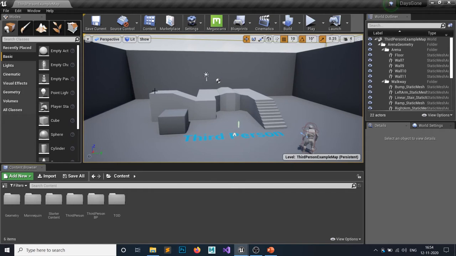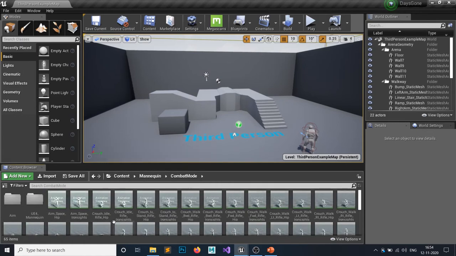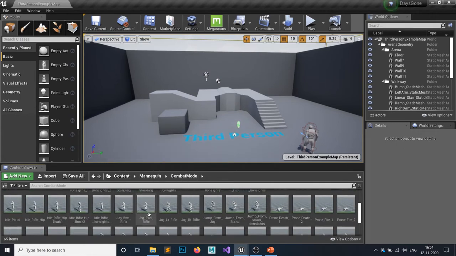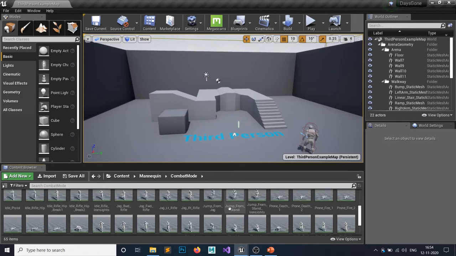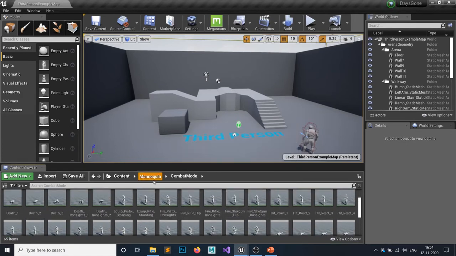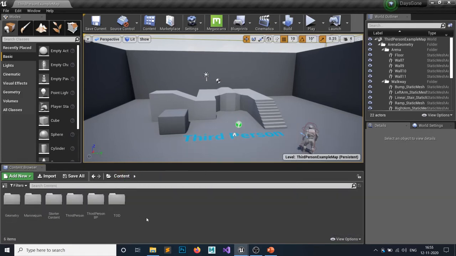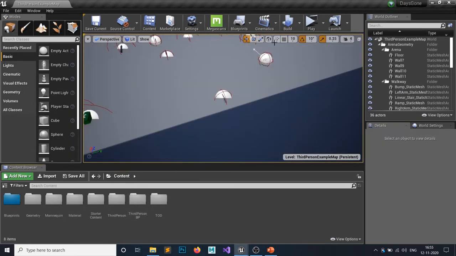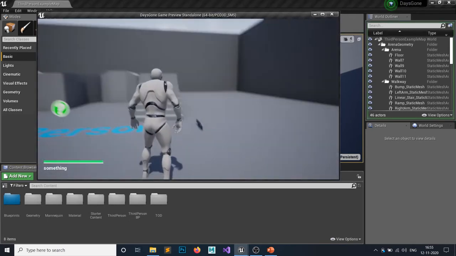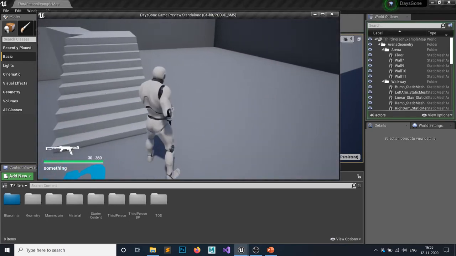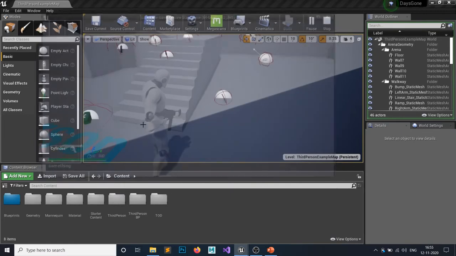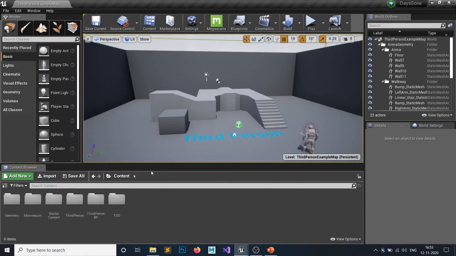So what is the prerequisite? Well, I have downloaded some animations for the gun part. My player is holding the gun and all the animations are in here. If you don't have any animations, that's fine. The only drawback of not having the animation is this: as you can see, I don't have any animation for my pickup, so it's just picking up without any animations. That's the drawback, but it will work. So let's make the gun.